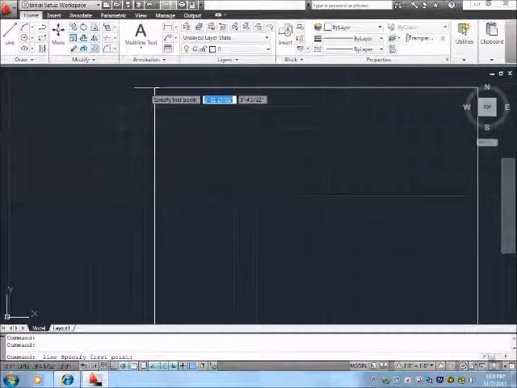Then I draw my mouse out, and as I draw it out, you'll see that dotted green line that lets me know I'm still on the same perpendicular parallel point